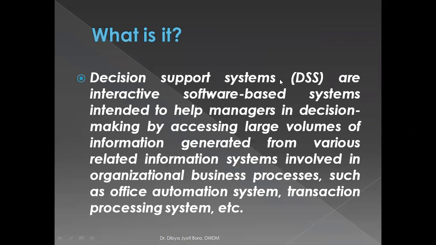First of all, what is this decision support system? This is nothing but an interactive software-based system intended to help managers in decision making by accessing large volumes of information generated from various related information systems involved in organizational business processes like our office automation system, transaction processing system,